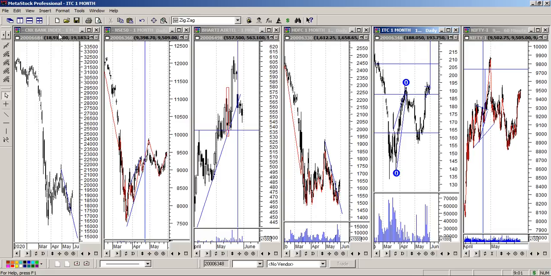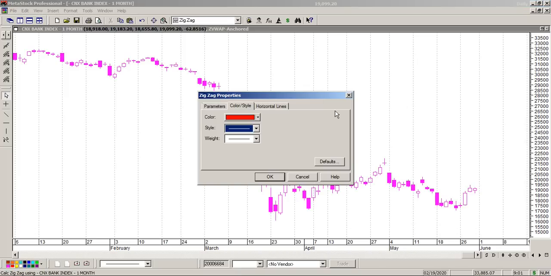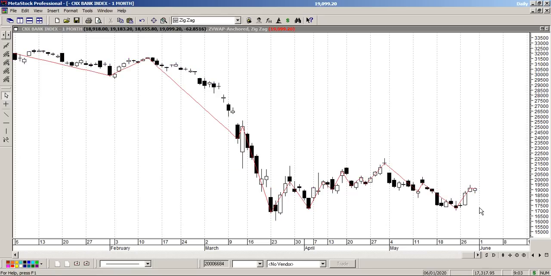Let us finish up with Bank Nifty. Using the same 3% zigzag. Now remember, I'm using 3% on indices. If you are using a stock, this number will change based on volatility. If it's a very volatile stock like India Bulls, use 10%. If it's a very low volatile one, say, what is low volatile now? Nothing probably. Use a lower figure.